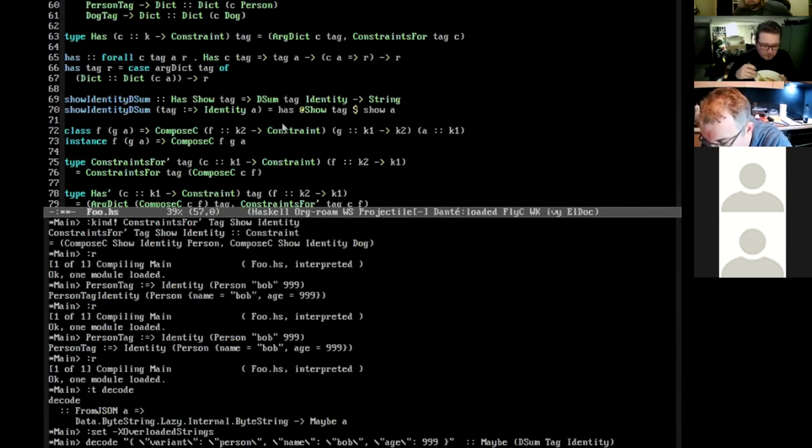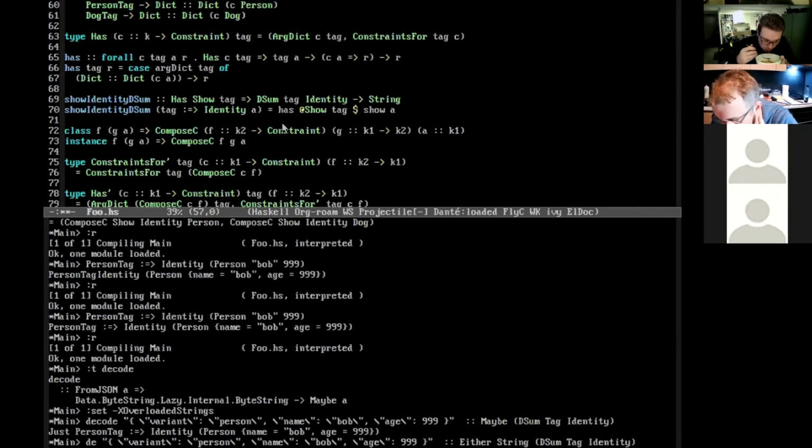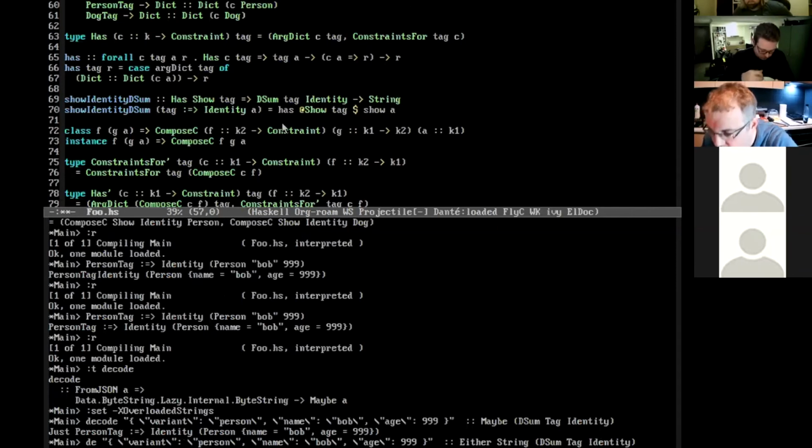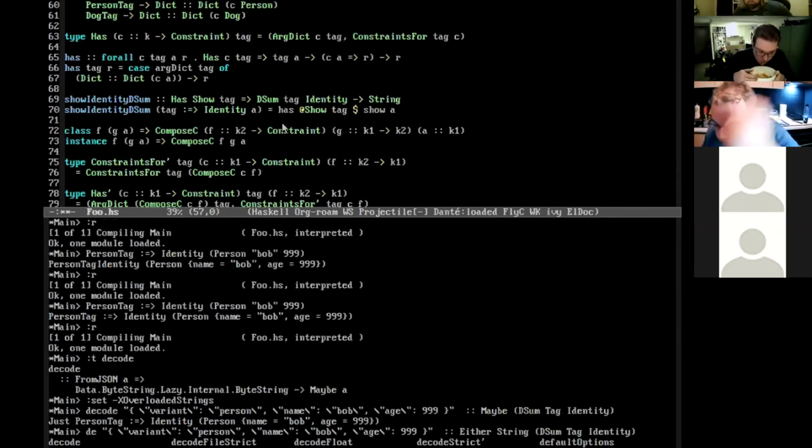All right, so if I change this to either decode variant, then it's showing the part of the structure that failed. I put the wrong tag in here. I try and parse this record as if it was a dog.